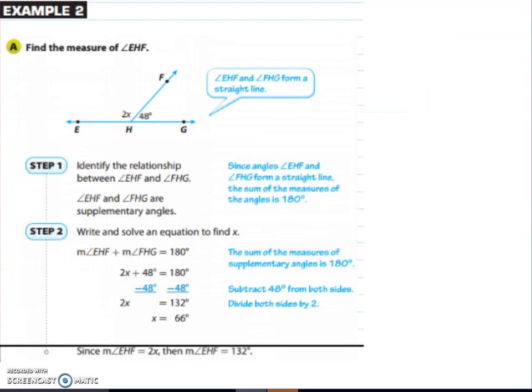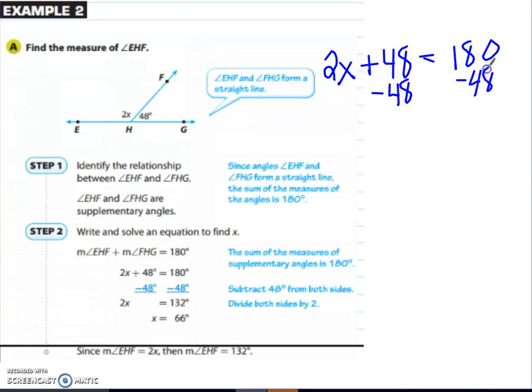All right, so we have 2x plus 48. This is supplementary because it's a straight line. So we're going to set up the equation 2x plus 48 equals 180. We are going to do the order of operations in reverse, so we are going to subtract 48. When we do that, we get